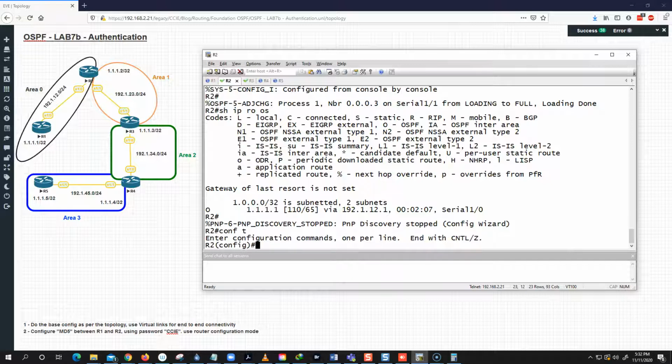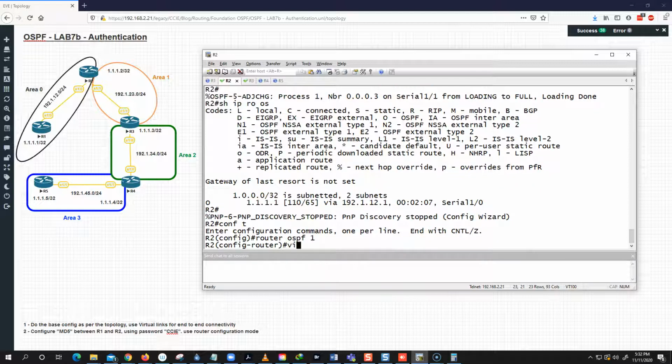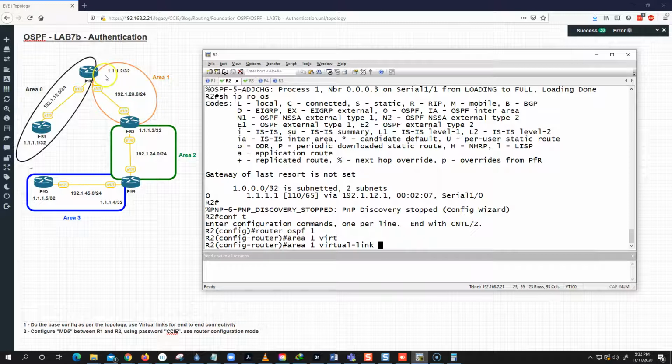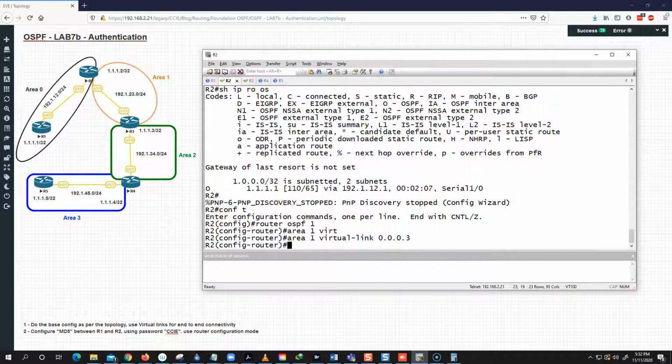First, we have to make sure that we have the virtual link up so that we have end-to-end connectivity before we apply any authentication. So let's do that. Let's create, if I go into OSPF 1 and I say area 1 virtual link, right? Because we are creating a virtual link between 2 and 3. So I will say 0.0.0.3 because that's the ID of that. And then